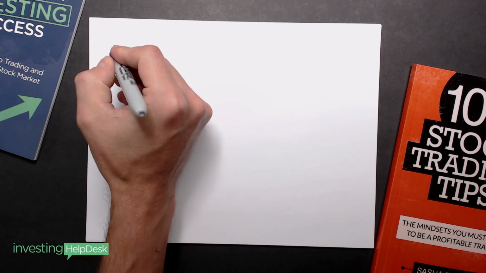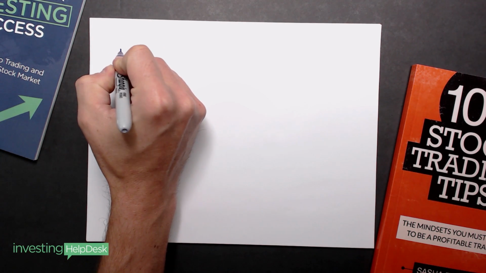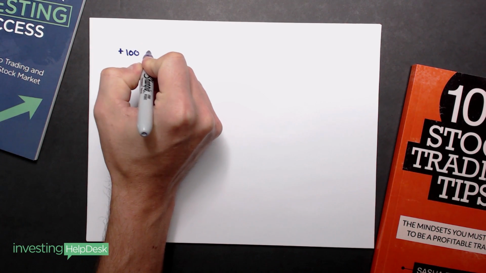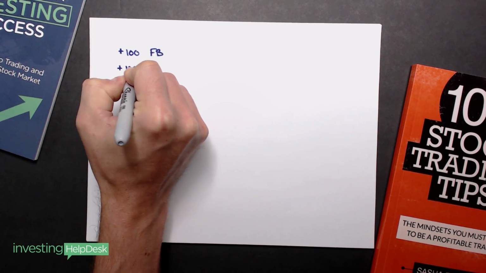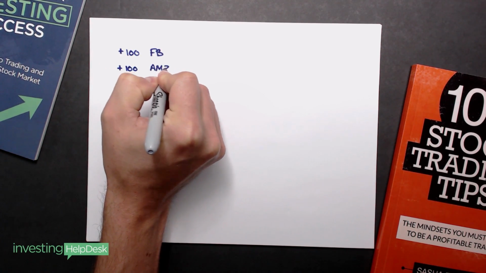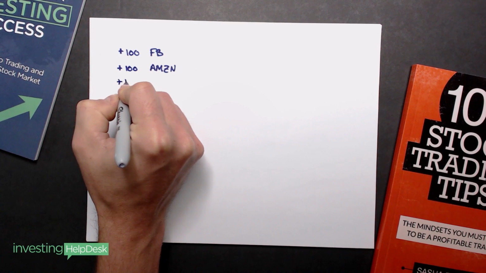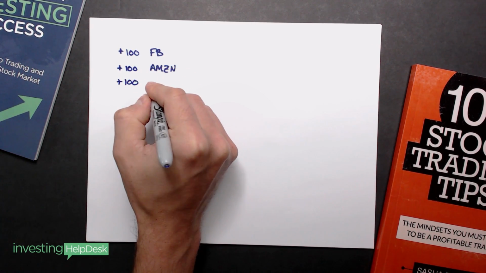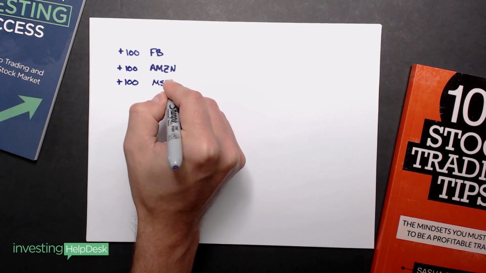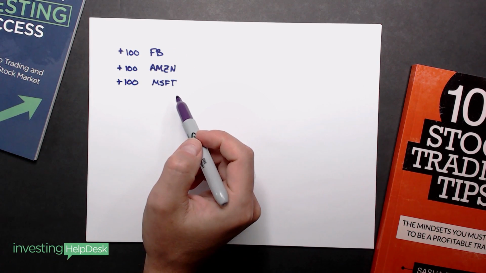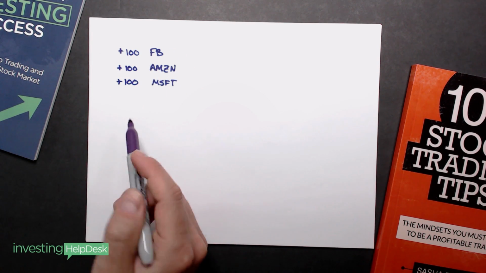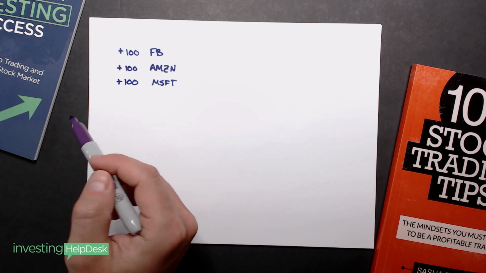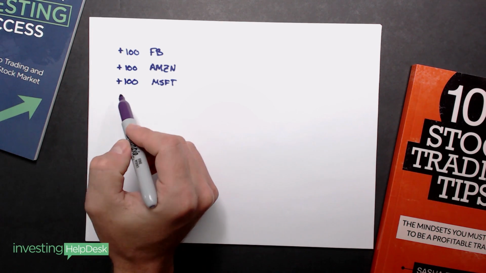So if we take a look at this on paper and we start drawing out an investment scenario. So let's just say you have 100 shares of Facebook, you might have 100 shares of Amazon. So these would be your investments. And then you have another 100 shares of Microsoft. So you can see that all of these are tech companies. Okay, so if you're looking for tech to explode, these are fine investments as a general concept, right?